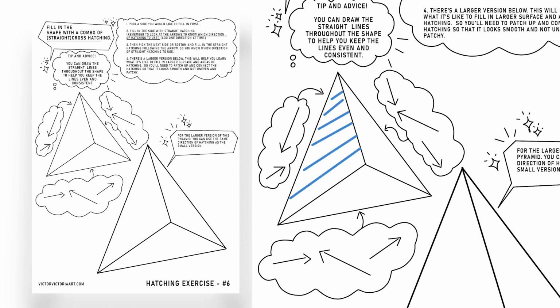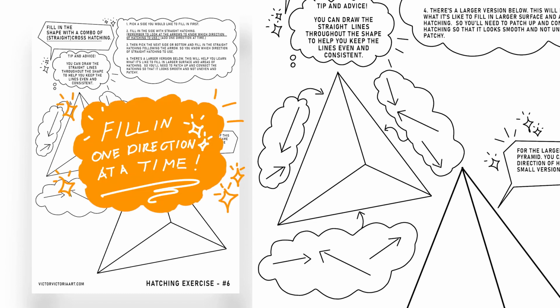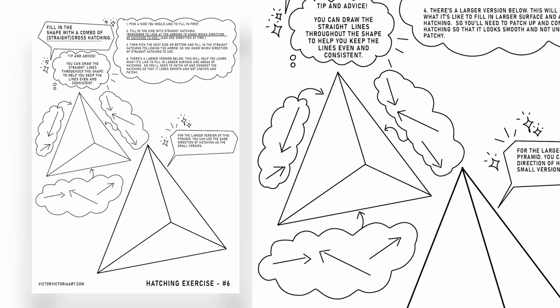You would pick a side that you want to fill in first, and as you can see on the side over here, there are arrows and little bubbles. That's the direction that you would be using to fill in the cross hatching. Usually there are 2 to 3 different directions that you could use, and when you're filling in the directions, make sure you fill in one direction at a time, so you don't get yourself too confused. So make sure you do it one at a time,